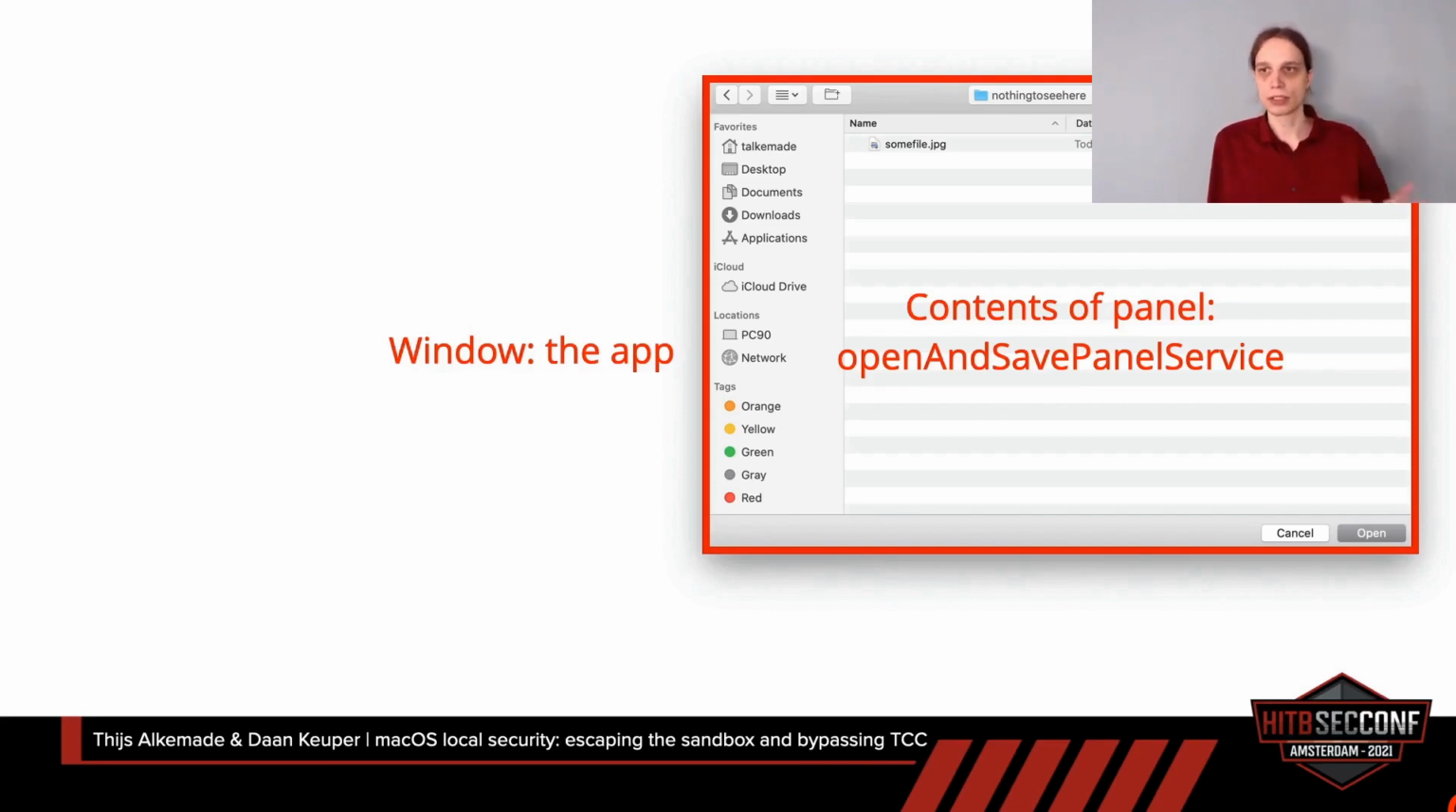And then the application itself is providing the window. If you're used to web applications, this is kind of like having an iframe within a web application where the contents are being drawn by something else. So this open and save panel service is an XPC service, which does have access to all of your files. And then when you select the file and you click the open button, the temporary access to that file is being given to the application. So then the application can save your file or open it